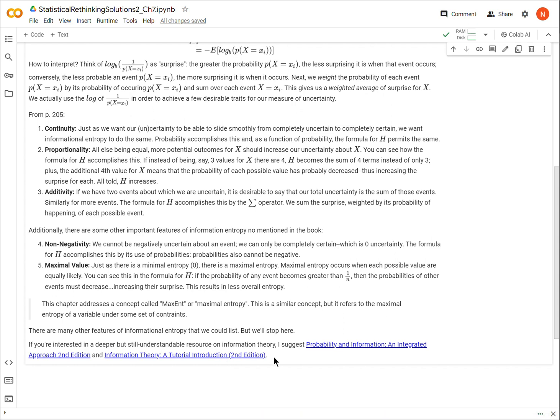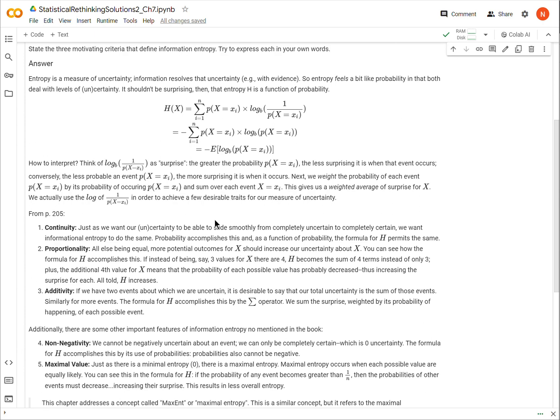and they are understandable. There are some other, more advanced, harder to get through textbooks, such as, I think, Cover and Thomas, The Elements of Information Theory. You'll see that one bandied about. But it's a slog. You have to be very good at these things to be able to get through it. So these are two very approachable introductions beyond what you get in the Rethinking book here. Okay, so anyway,